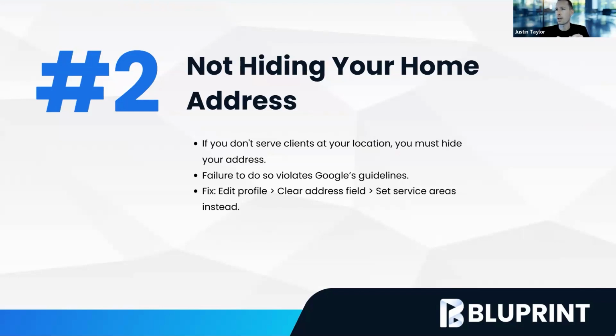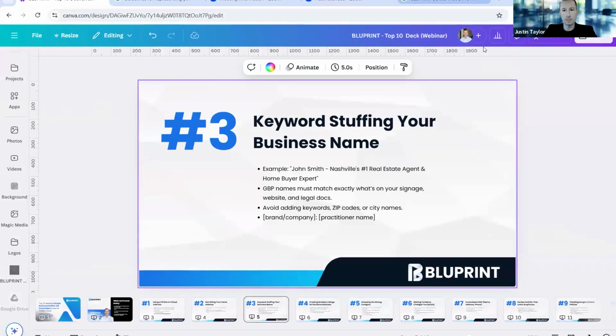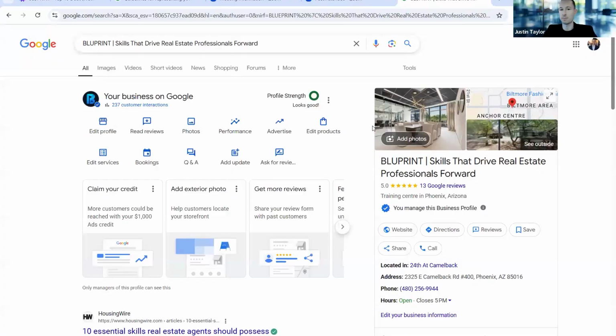Troy said, so if we can't use the business physical address, what would you suggest? Service areas. So let me close out of this just because I want to try to give you guys the most value as possible. And I'm going to come into this one. This is Blueprints, but the functions are the same. Under edit profile.